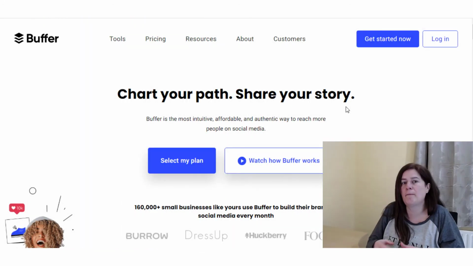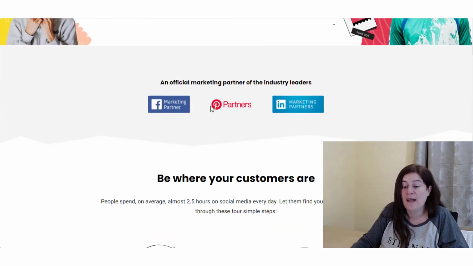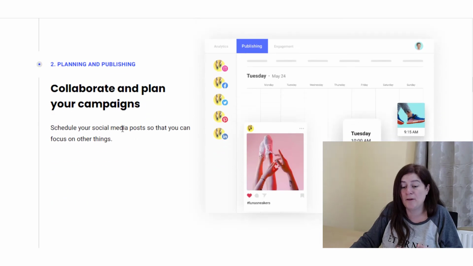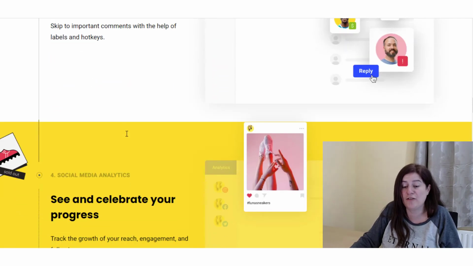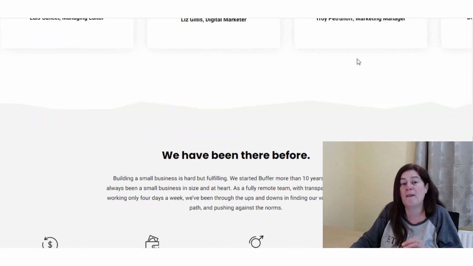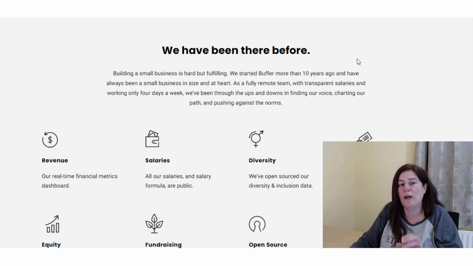A good example of an automation tool would be Buffer.com, and they do have a free plan. They are partnered with Facebook, Pinterest, Instagram. There's no sort of fake promises, there's no guarantees. They give you the benefits and features, and then it's up to you whether you believe this is going to help you save time, save money. So for example, they have social media analytics, planning and publishing, customer engagement, social media analytics and so on. But in my opinion, this will be the type of software that you would need to gear towards